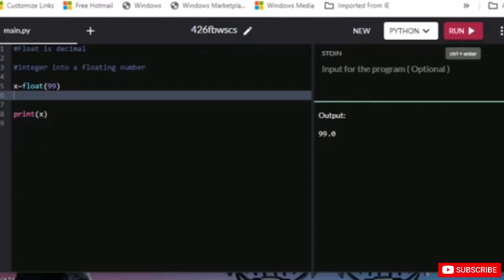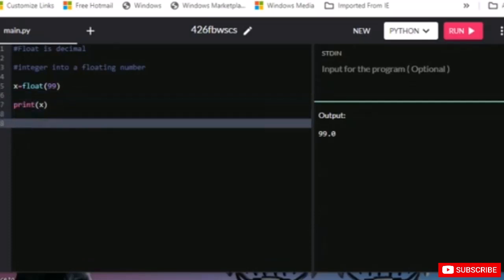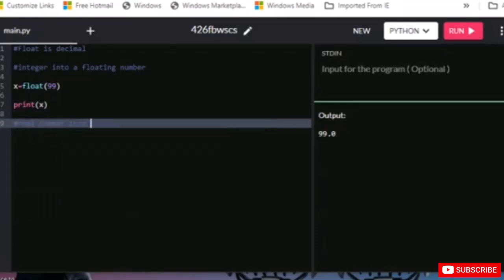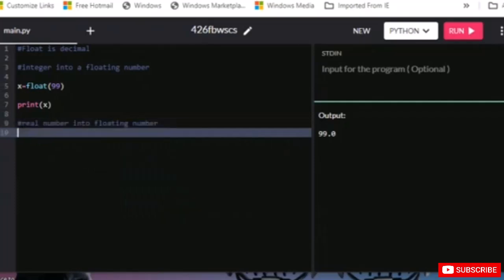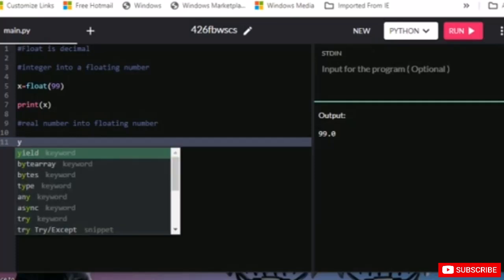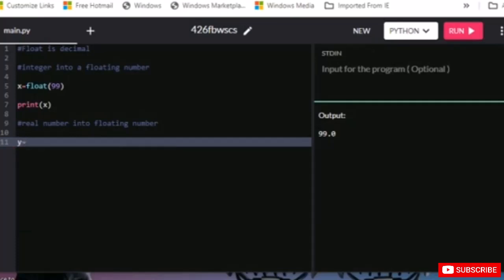And now let's try something else. Let's try to put a real number into a floating number. Well, real numbers are just the numbers, the ordinary way of writing them, so it obviously includes the decimal too. So let's have y as a variable this time, because we cannot use the x repeatedly. So y is equal to float, and let's use a number, let's say the value of pi, 3.1415926535.